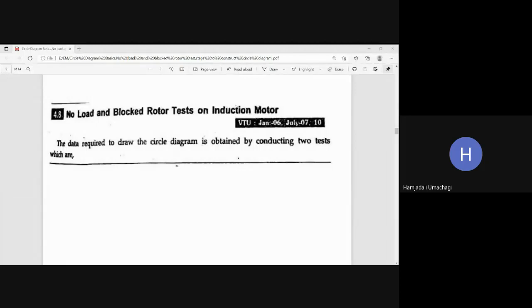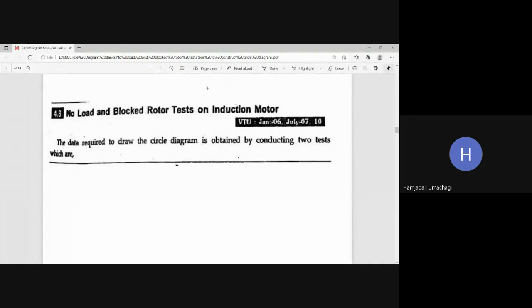In today's class, we will discuss no-load and block rotor test on three-phase induction motor. This no-load and block rotor test on three-phase induction motor is very similar to the open circuit OC test and short circuit SC test, whatever we have studied for transformers. So no load test means you should not connect the load to the induction motor and apply the rated